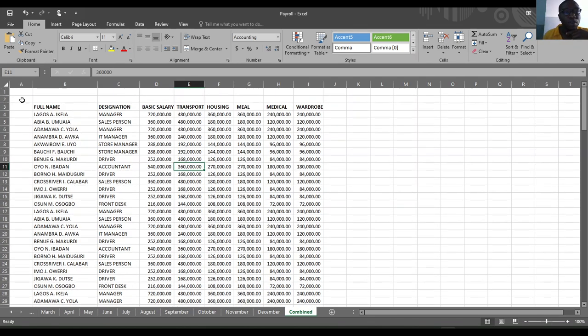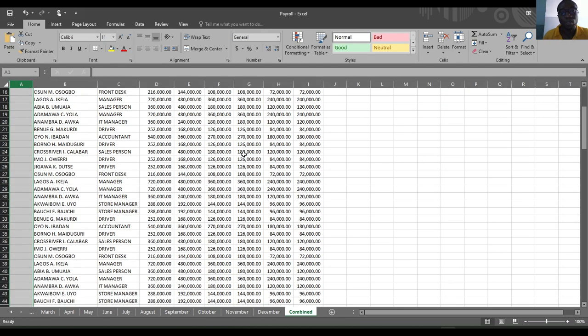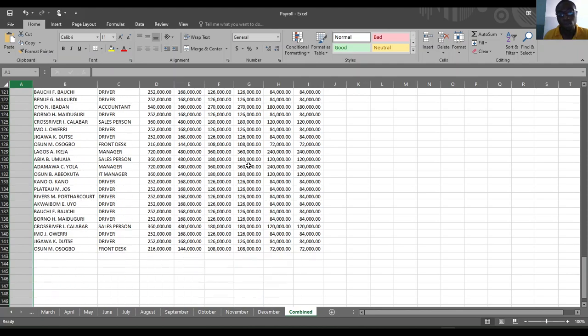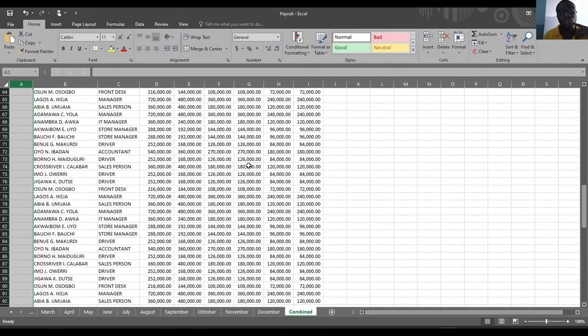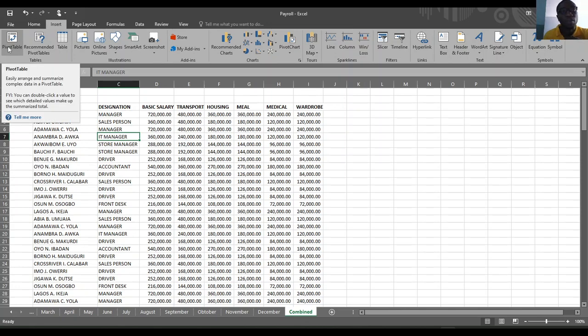If you have to use pivot, you make sure this information is on a clean sheet. Once you get perfect with it, it doesn't matter where they are, but make sure there are empty rows above and empty columns beside this, so that this information is standing out on its own. But of course you still have the opportunity to select whatever you want. So in order to pivot this, you just go to Insert, because you're trying to insert a pivot table, like so. So once you click pivot table,